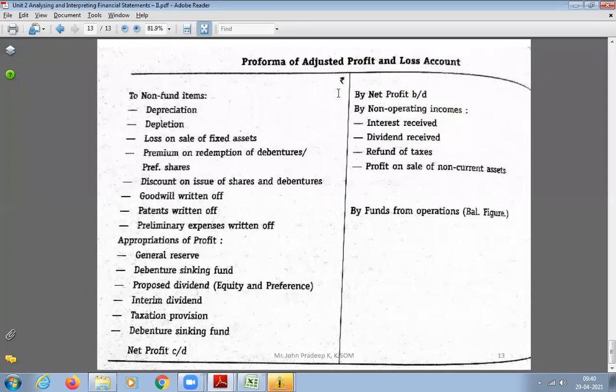See, accounting is very, very simple. The only thing is you should know the format. You should know what comes on the debit side and what comes on the credit side. The moment you read the question, automatically your mind will tell you what will come on the debit side and what to write on the credit side, without any effort. Got it? But again, it will come by practice. So please practice.